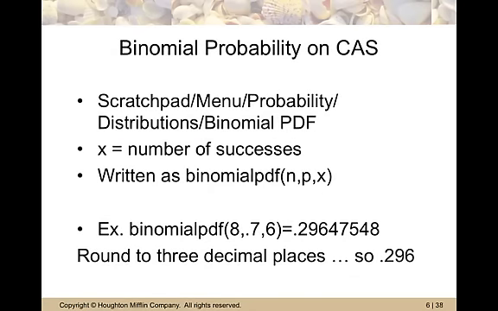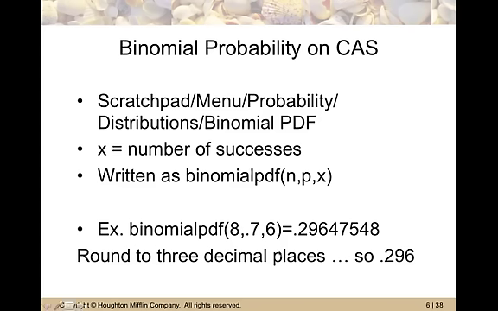Okay, using your calculator, using your CAS on this is wonderful. You want to go to your scratch pad. Okay, so it's just the calculator scratch pad. So you're going to go to your menu and choose probability. And under probability, one of your options is distributions, and you're going to pick binomial PDF. X is the number of successes. Okay, and so it's often written as binomial PDF